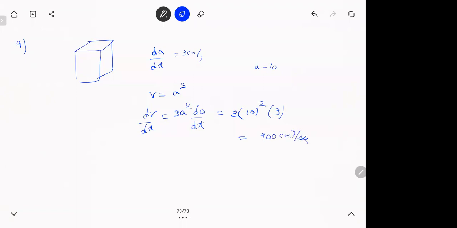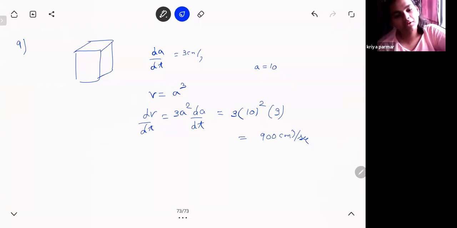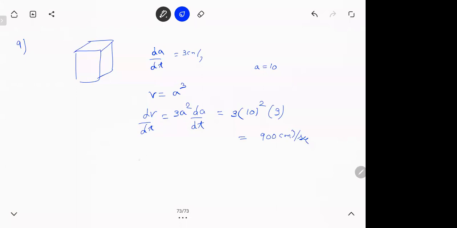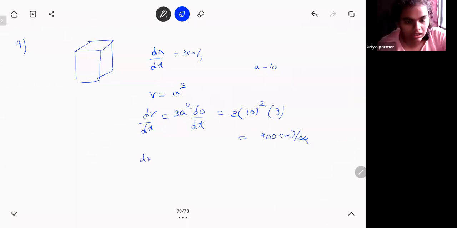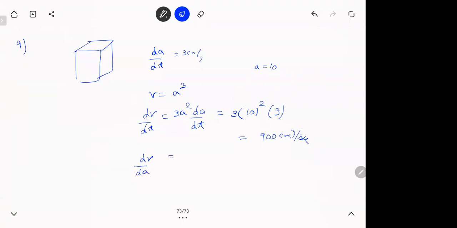Check out in the last class notes, we did this thing. Volume of a cube is increasing at what rate? Sir, it will be only till 3a square now. Why dA by dt also? You are differentiating with t or a? By a. A से क्यों differentiate कर रहे हो? Rate of change मतलब किससे differentiate करना है?